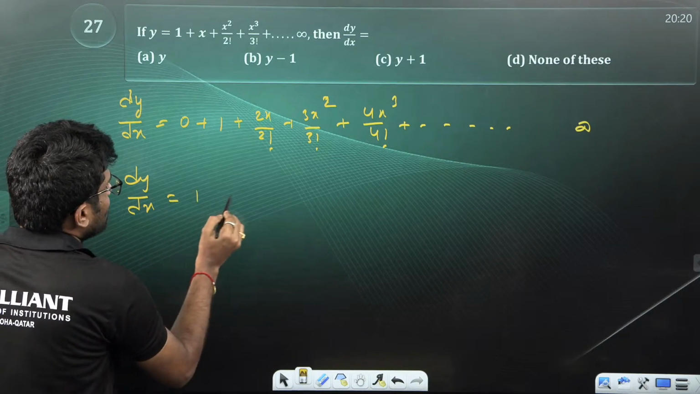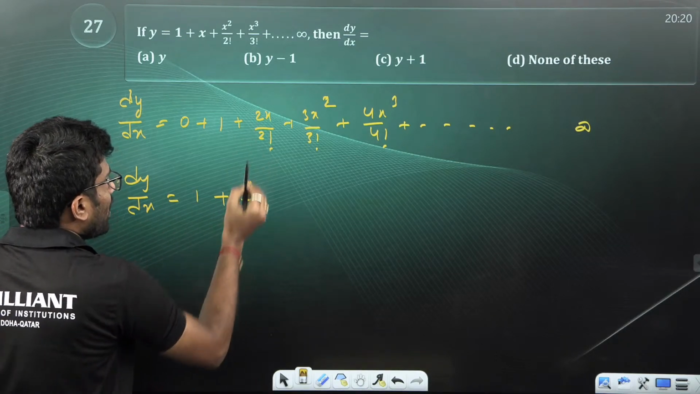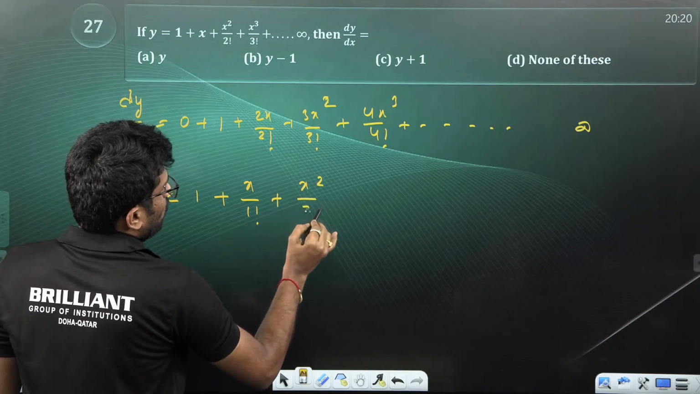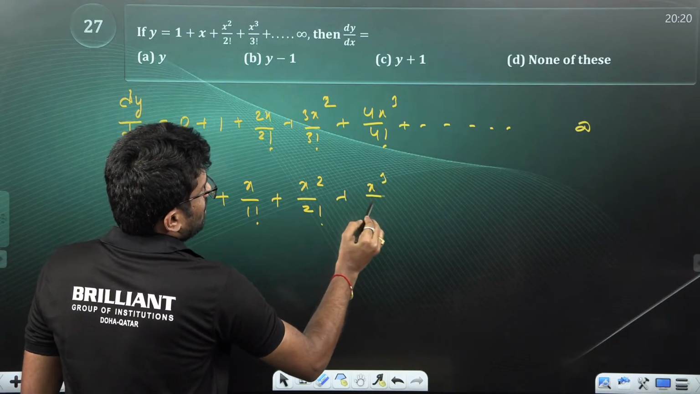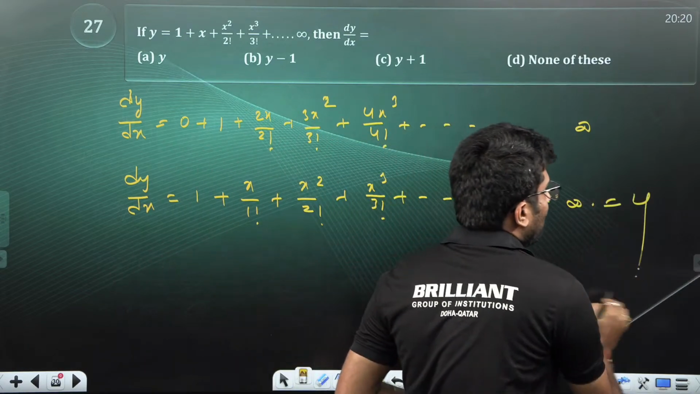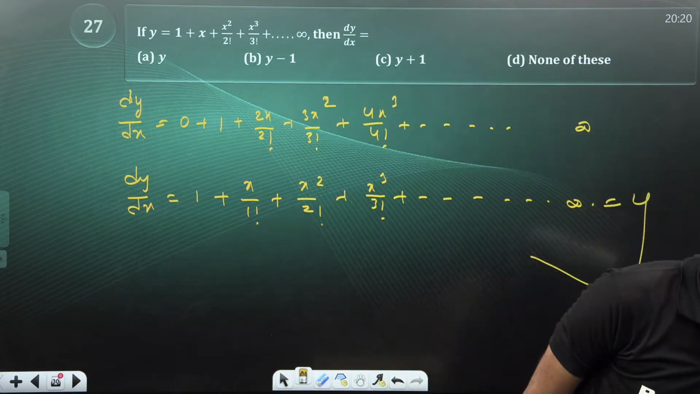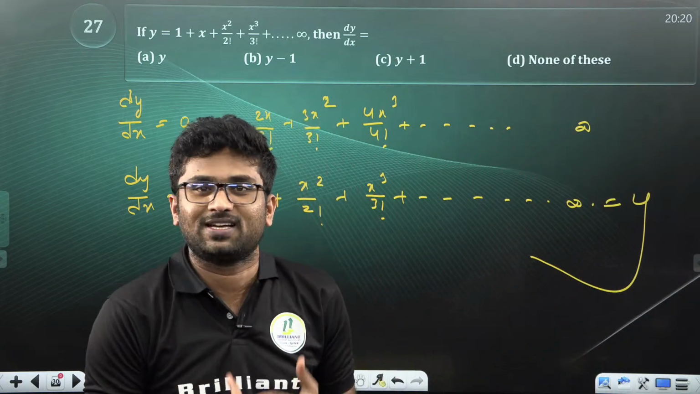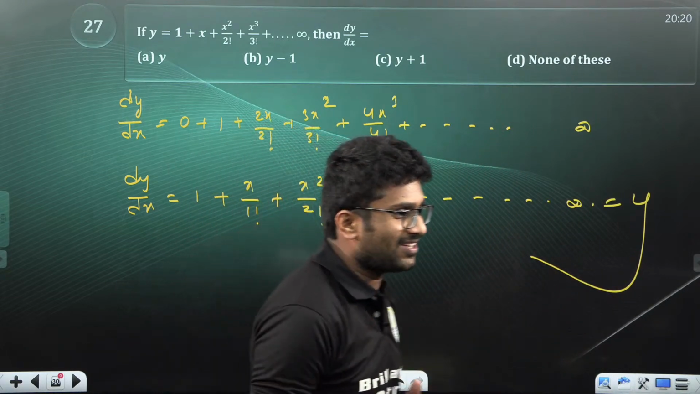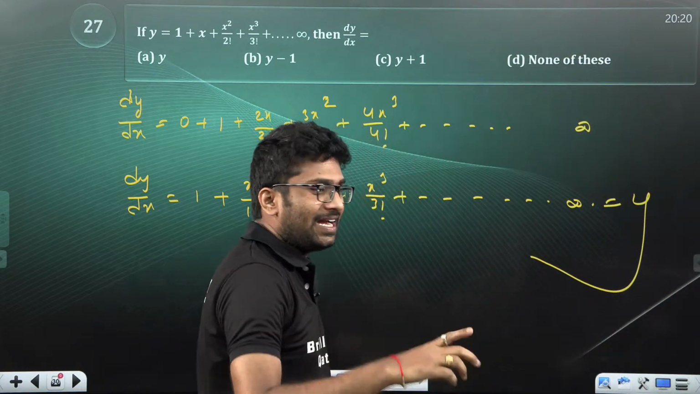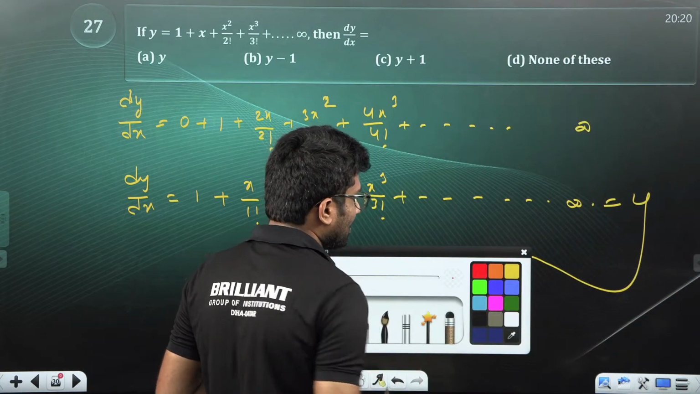So dy by dx, you get now 1 divided by x by 1 factorial plus x square by 2 factorial plus x cube by 3 factorial plus and so on up to infinity, which is nothing but our same y. I thought it was a finite series. No, no thinking. It's infinite. And I'll tell you one most important